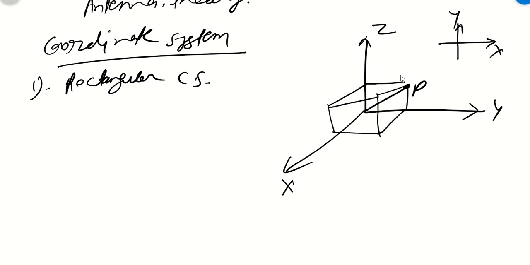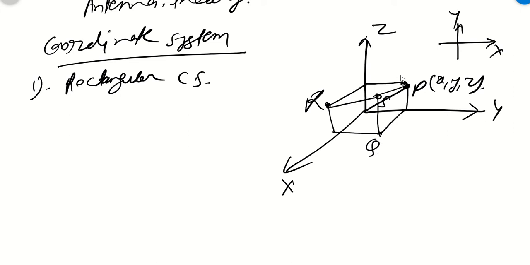So this point P can be x, y and z. What does x represent, what does y represent, what does z represent, that we will understand from here. This P point can be here also, anywhere. P is a point in the space. You can write a note: P is a point in space. Suppose I am writing one more point Q, one more point R, one more point S. All these points are there in the space, and that can be represented in a rectangular coordinate system.